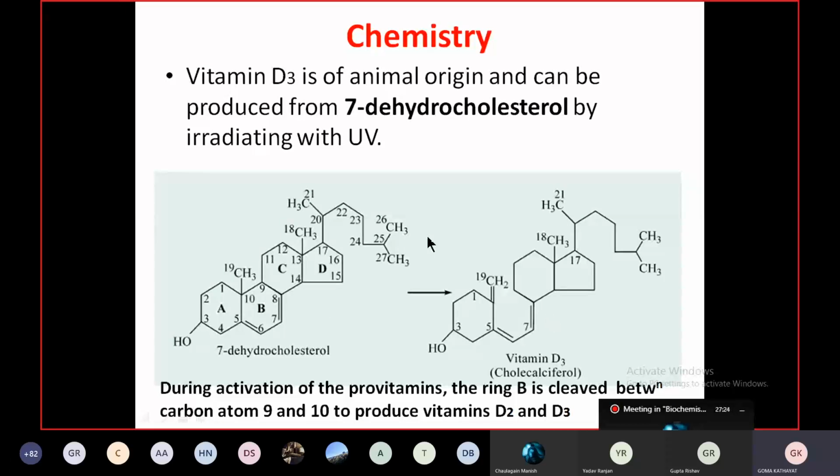So both of these, 7-dehydrocholesterol and ergosterol, during the activation of these provitamins, the ring B is clipped. See, this is the structure of